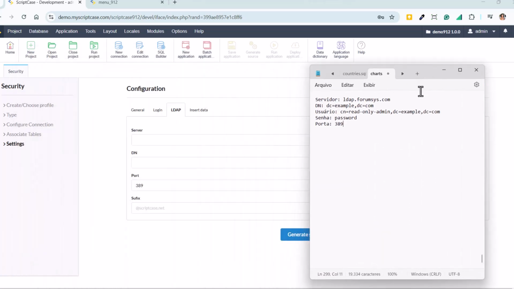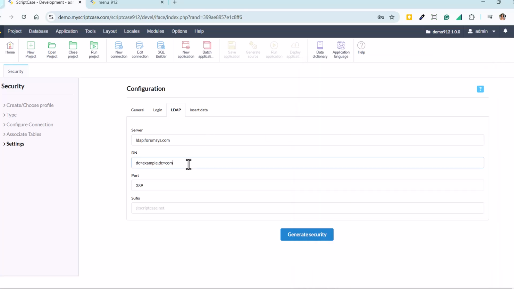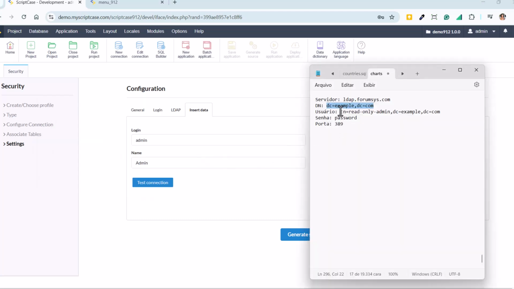So we can use here, I have one sample server. So I'm going to inform the server, DN and port. Okay. Then inside insert data, I will inform here the user and password.